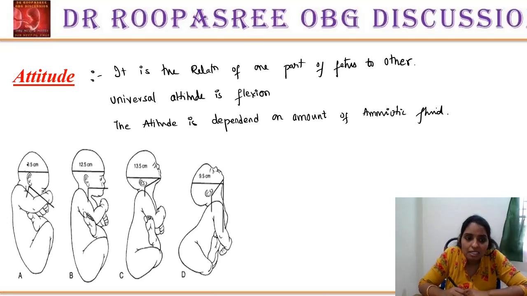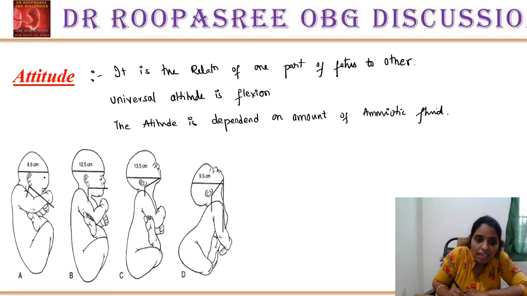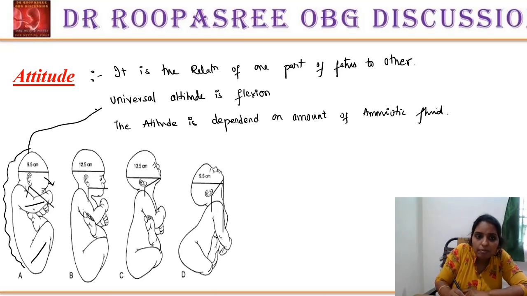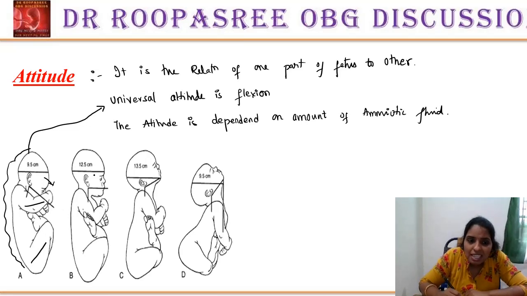If we take this one, there is flexion of the head, flexion of the limbs, flexion of the thighs. So this is the universal flexion. Okay, universal attitude is flexion. There is flexion of the head, flexion of the limbs, both upper limb and lower limb. Okay, next, see. This is simply there is little deflection. There is marked deflection, complete deflection. There will be extension also. But we always say the universal attitude is flexion,